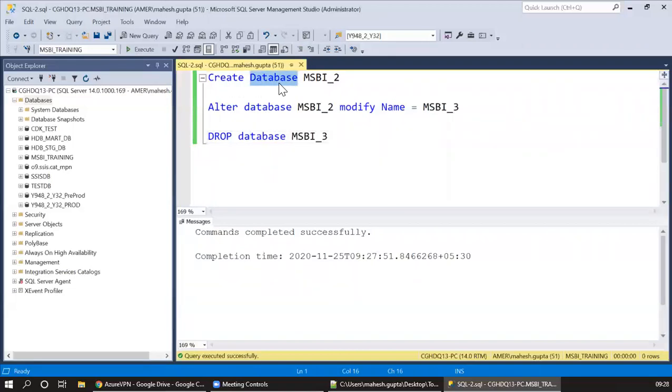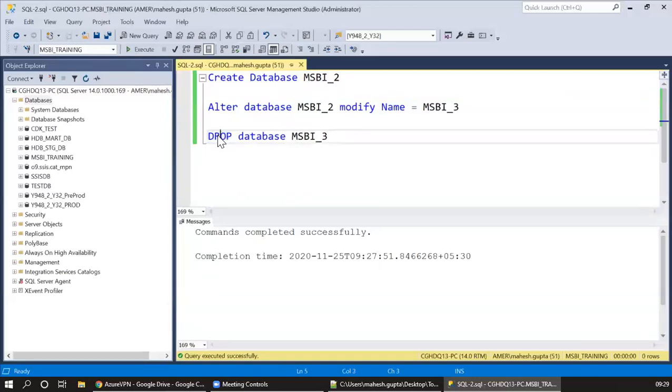Now we will be creating some tables. If we want to delete a table, then we'll use drop. In SQL Server, let's say you have 20 records in a table and you want to delete 5 records based on some condition. In that case, we'll use the delete command. But you can't use delete to remove the object itself. You always have to use drop. So that is the difference between delete and drop.